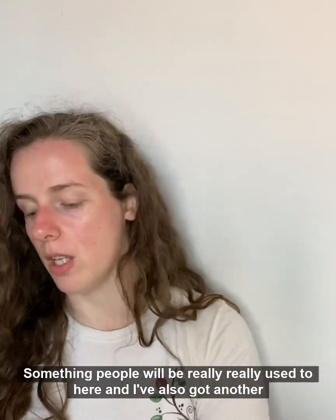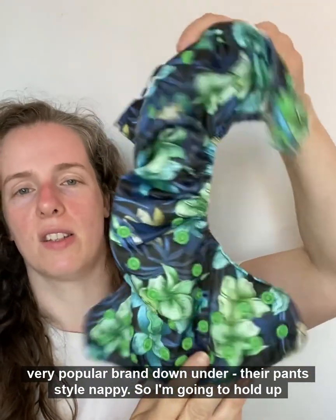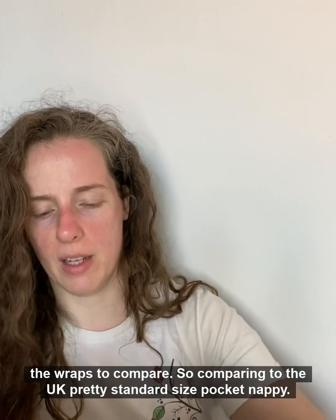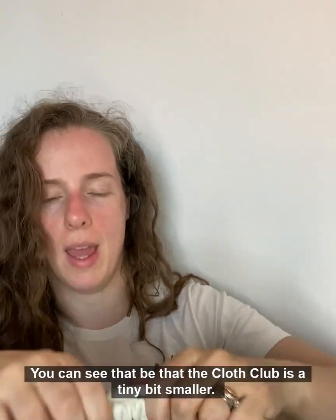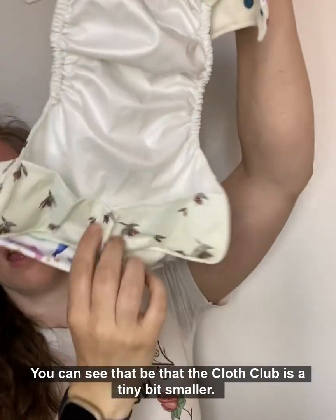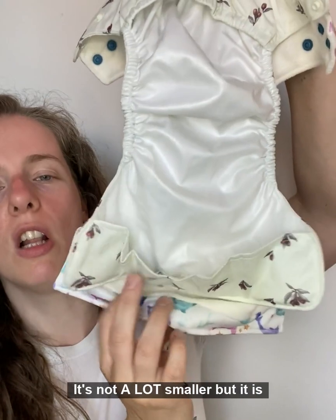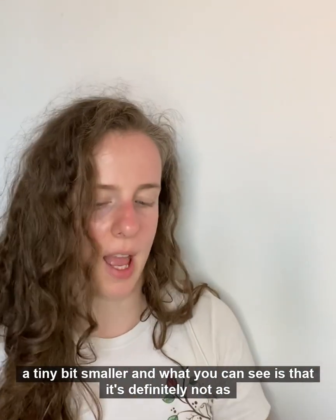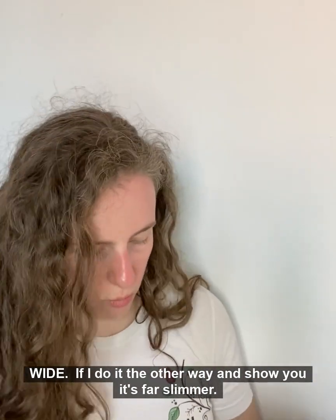And I've also got another very popular brand down under, their sort of pants style nappy. So we're going to hold up the wraps to compare. Comparing to the UK sort of pretty standard size pocket nappy, you can see that the Cloth Club is a tiny bit smaller. It's not a lot smaller, but it is a tiny bit smaller. And what you can see is that it's definitely not as wide. So if I do it the other way and show you,